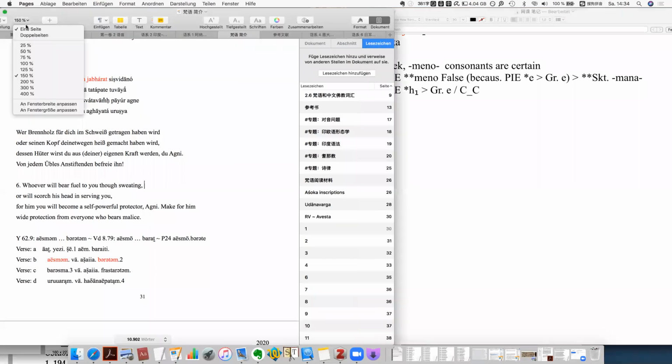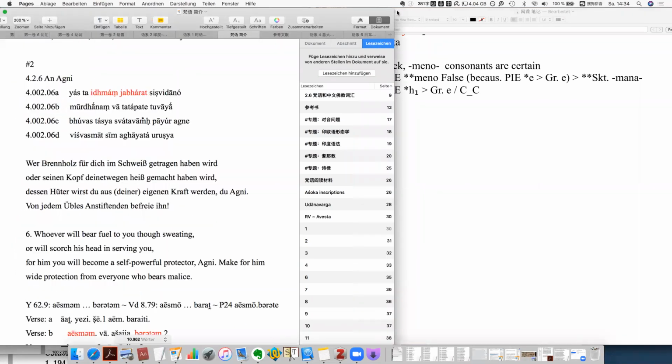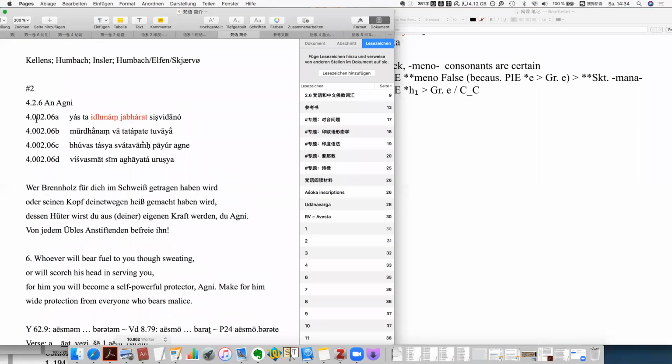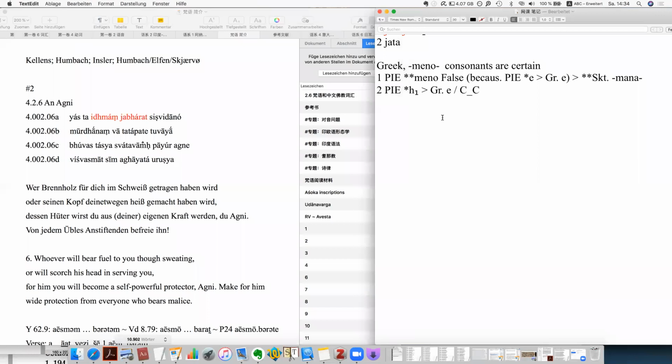Okay, so before we finish, let's read some Vedic verses. So again, this is from the fourth mandala. The reason why I chose the fourth mandala is because the fourth mandala is translated by Goto. So this is the reason why I want to read the fourth mandala. So I really trust the